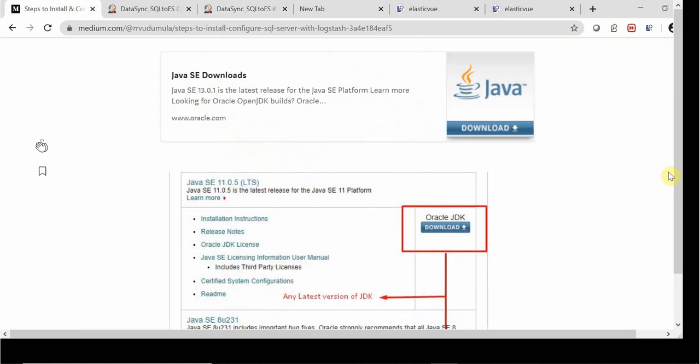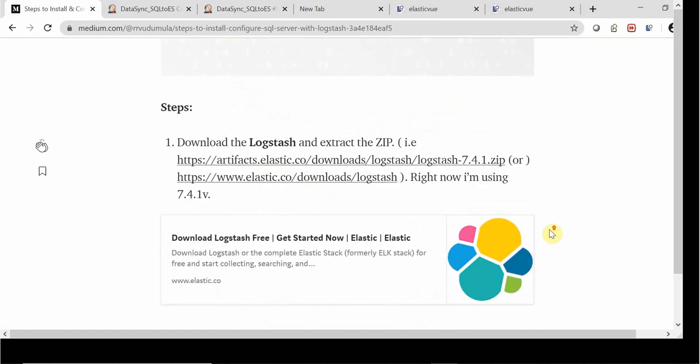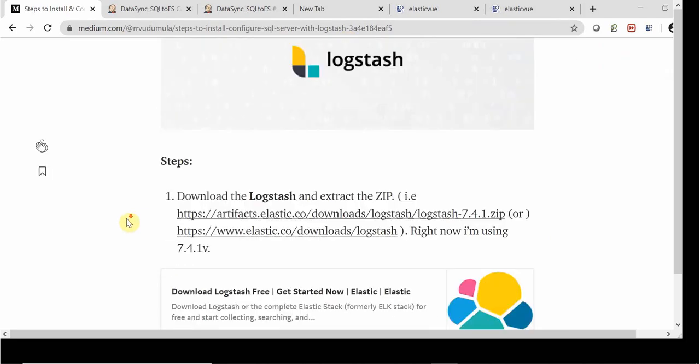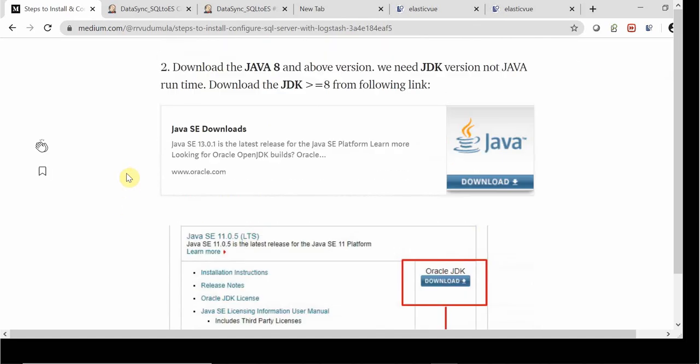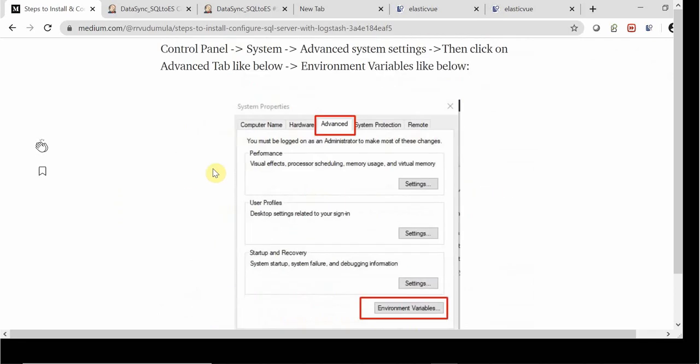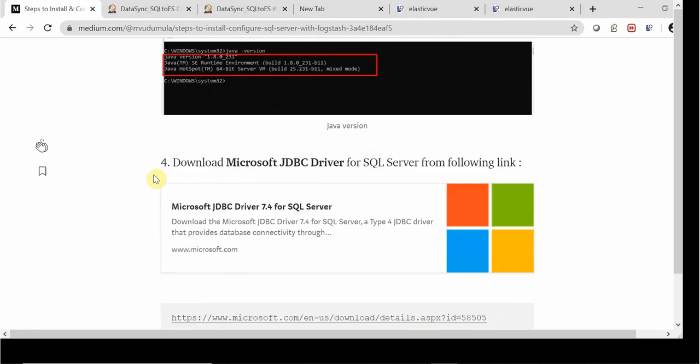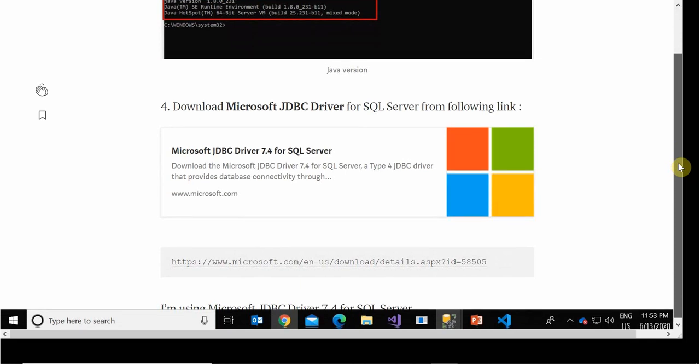So this is the article. You can go and verify in this URL; you will get how to configure Logstash on a Windows server. We need to download Java as well as JDBC, and set up the path and everything. Based on that, Logstash will push our data to the Elastic server continuously.